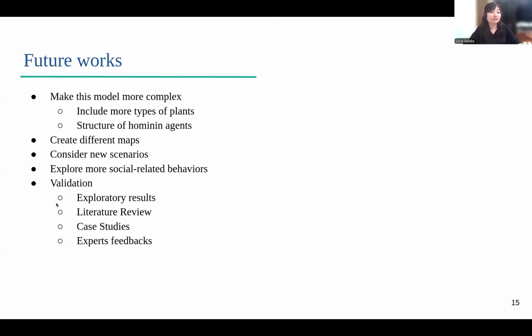Another important factor is validation, which we are currently working on with exploratory results, observing the consequences of parameters and interactions of agents. But in the future, validation by literature review is also important to understand existing theories and hypotheses about this archaeological context. We can also consider validating the model by comparing the outputs with specific case studies or